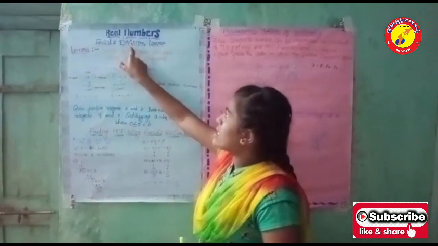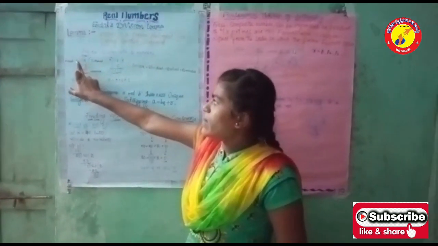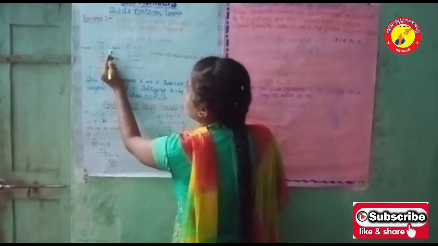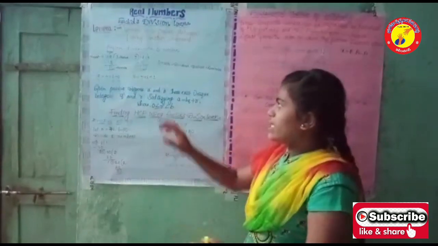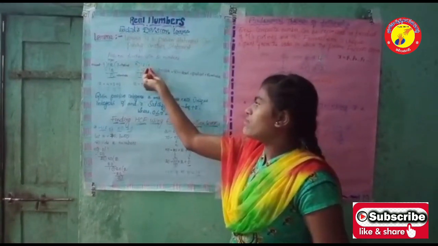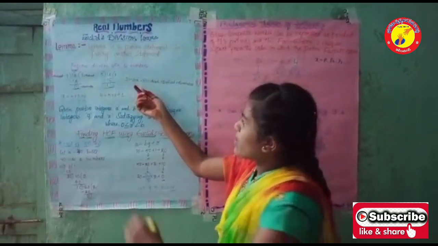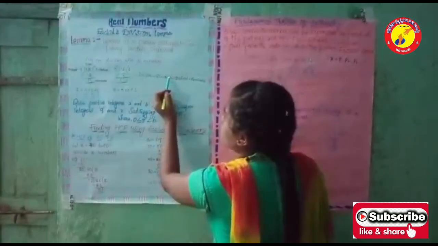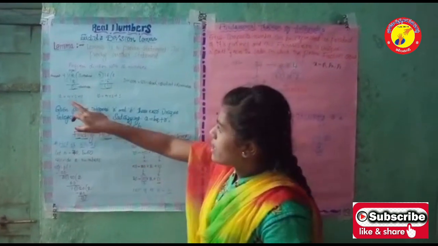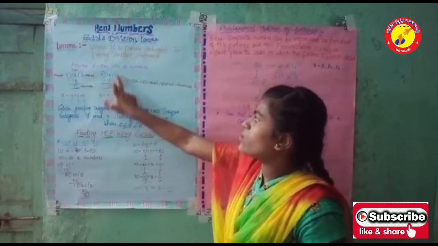To learn this division lemma, let's perform division with two numbers. 12 divided by 4: 4 threes are 12, where 12 is the dividend, 4 is the divisor, 3 is the quotient and 0 is the remainder. Similarly, 16 divided by 5: 3 is the quotient and 1 is the remainder. Written as an equation, 16 is equal to 5 into 3 plus 1. Here 12 is equal to 4 into 3 plus 0.